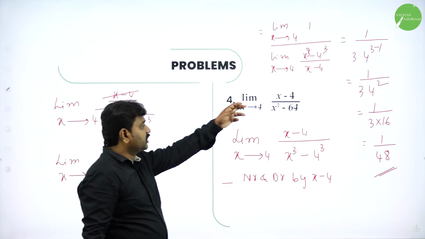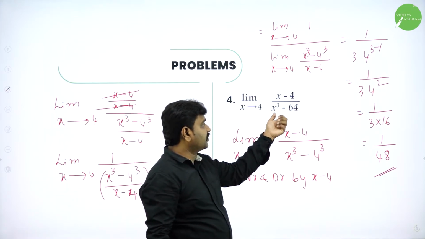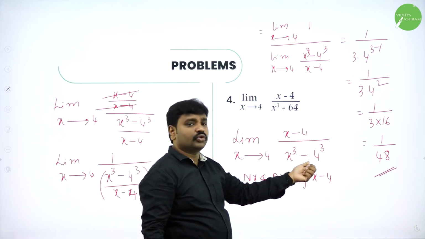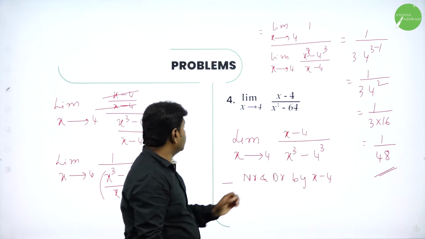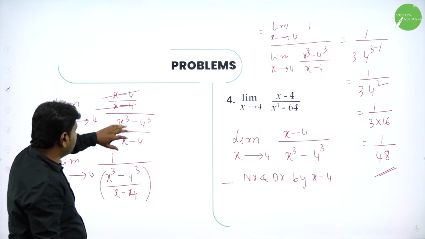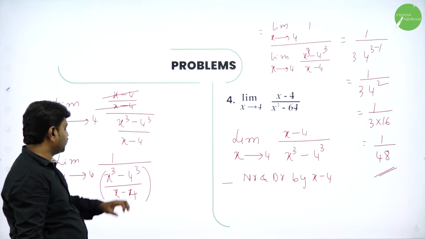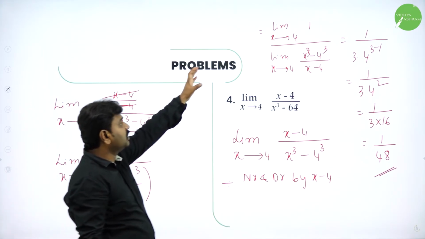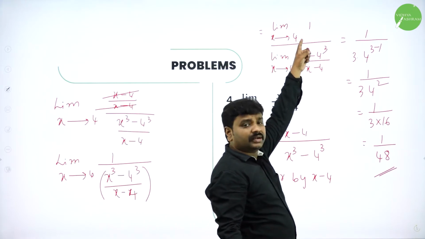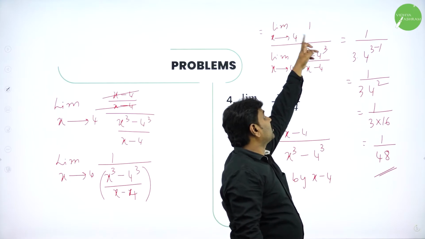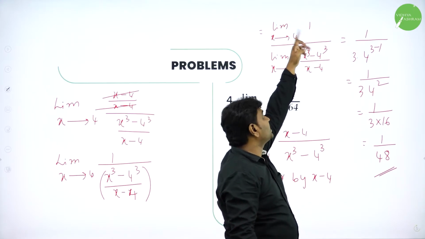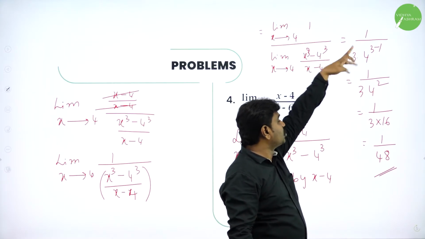So now when I observe, x minus 4 is in the numerator and the denominator is x cube minus 64. 64 can be written as 4 cube, 4 4s are 16, 4 16s are 64. Divide numerator and denominator by x minus 4. So the numerator becomes 1, and the denominator becomes x power n minus a power n by x minus a. Apply the limit separately for the numerator: limit x tends to 4, 1. The limit of a constant is the constant, so it is 1. If you had x, you would have put 4, but here there is no x. So the limit of a constant gives you the constant.